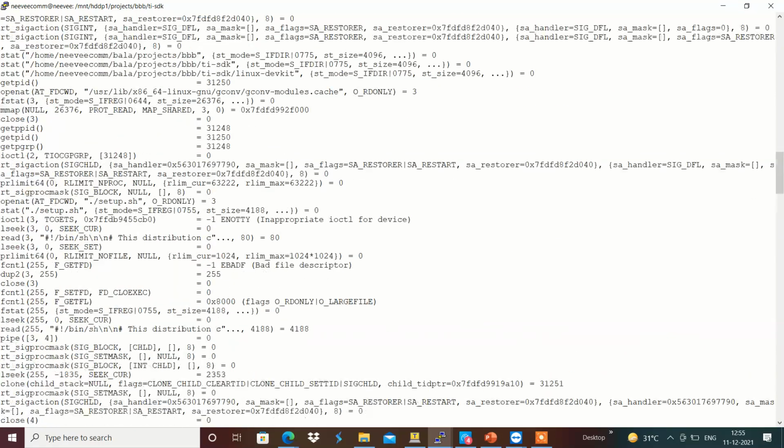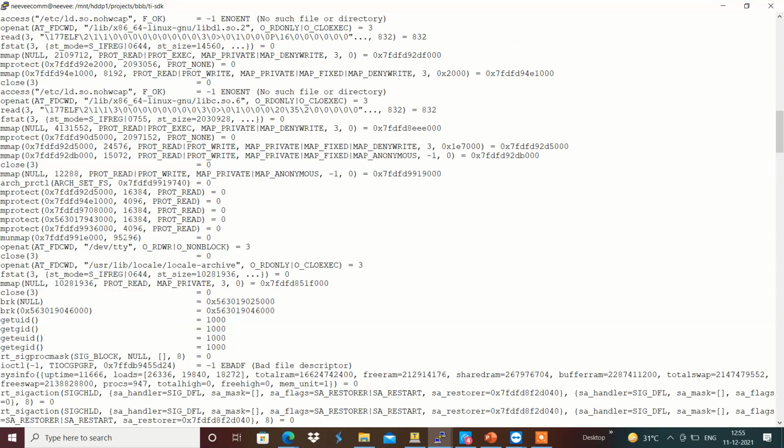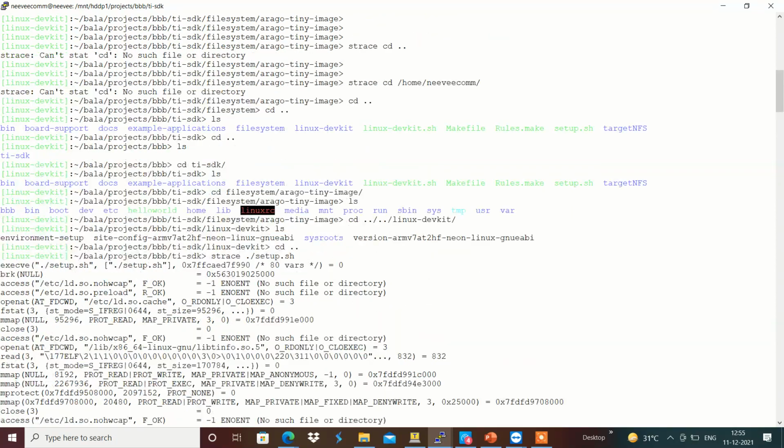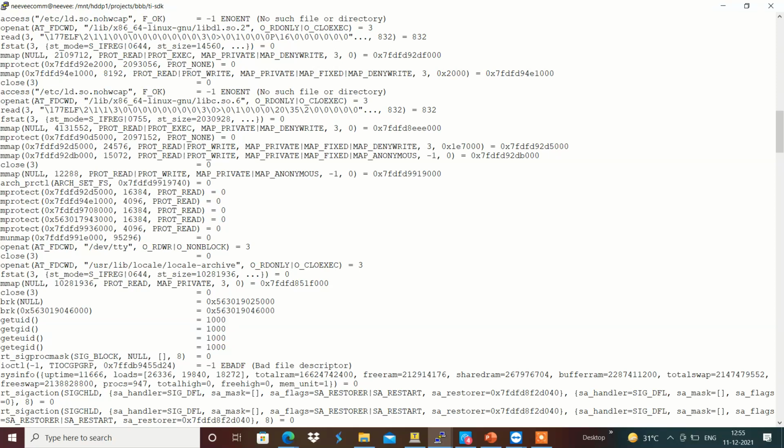The strace will show what system calls were made during the execution. For example, it loads the loader library, then it calls open, fstat, mmap and close, different system calls that were called. If we want to get that information, we can use strace accordingly.